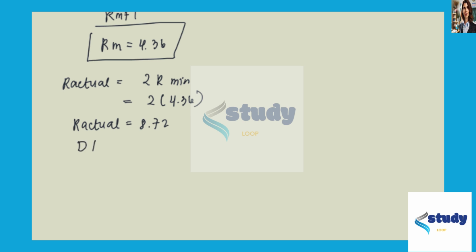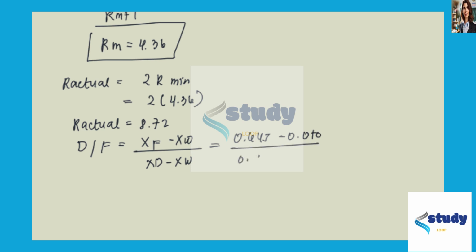Then D over F is equal to XF minus XW divided by XD minus XW, which is 0.645 minus 0.010 over 0.99 minus 0.01. So our D will be equal to